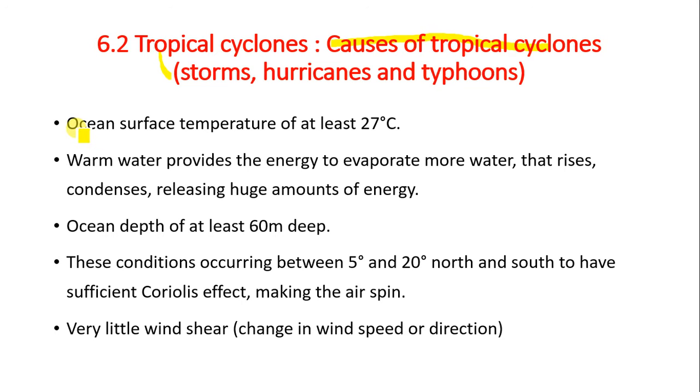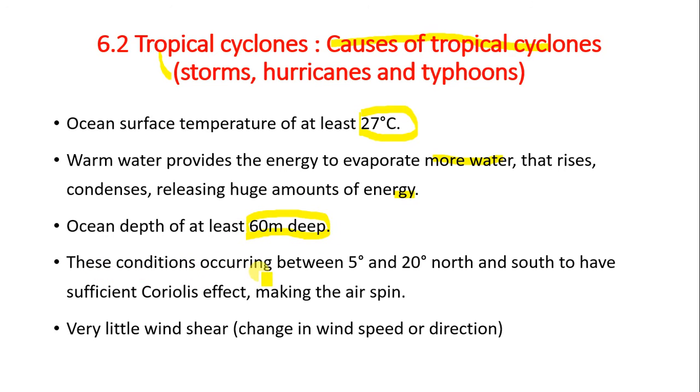It is formed when the ocean surface temperature is at least 27 degrees Celsius. So warm water provides the energy to evaporate more water. Now that rises, condenses, releasing huge amount of energy. Now the ocean depth of at least 60 meters deep,